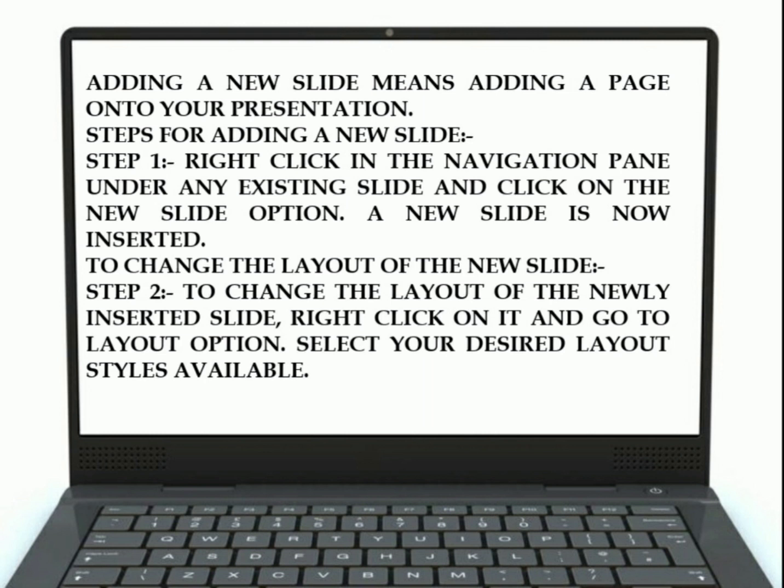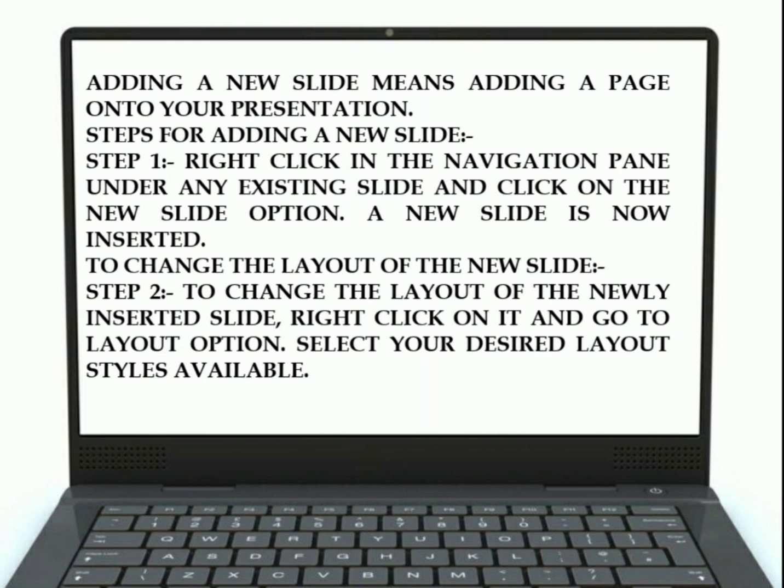So to change the layout of a new slide, you are required to right click on it and then go to the layout option. After that, you have to select your desired layout style available in MS PowerPoint. We will see it practically.